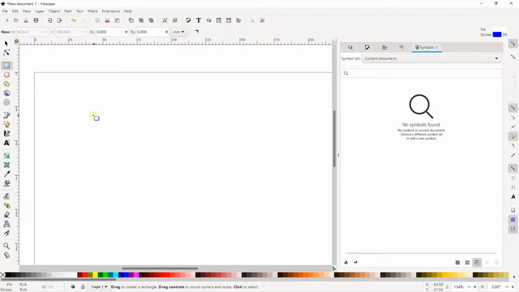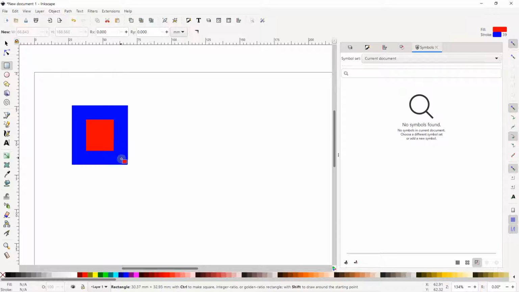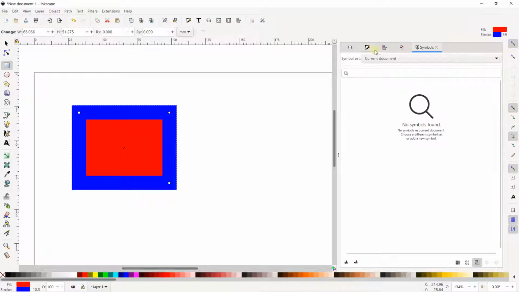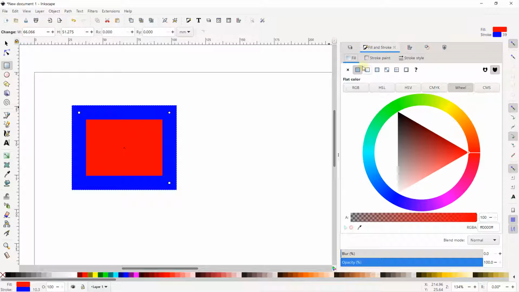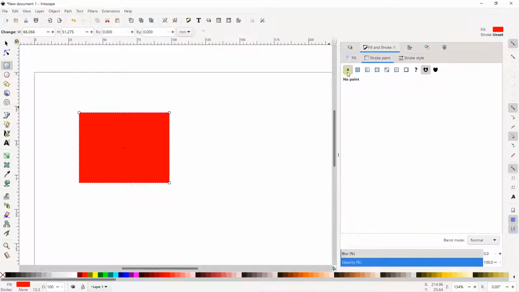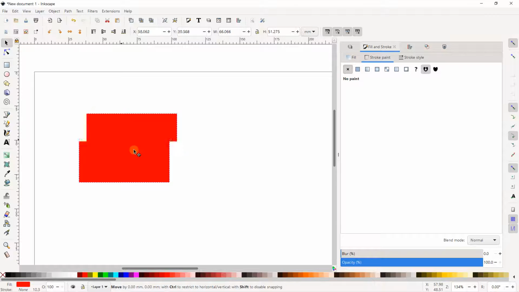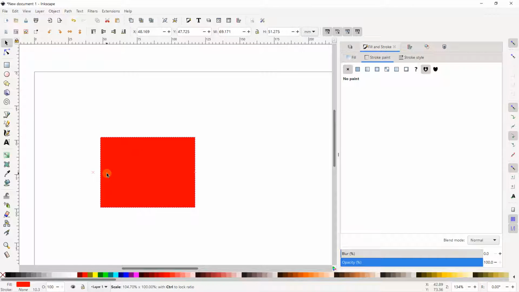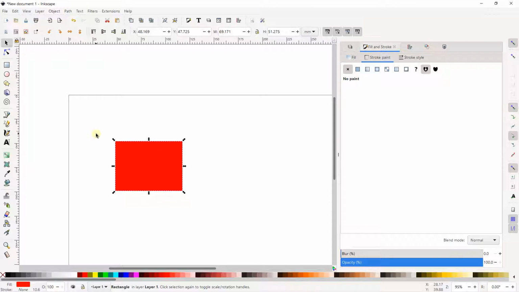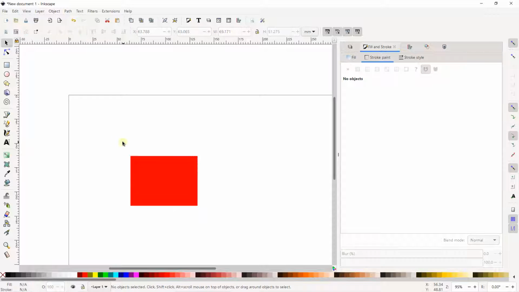I can create a rectangle just like this and choose a color. Let's select, for example, the red color. Then I go on Fill and Stroke, remove the paint, and create something like this. After, I can drag and move to this area and create a triangle.